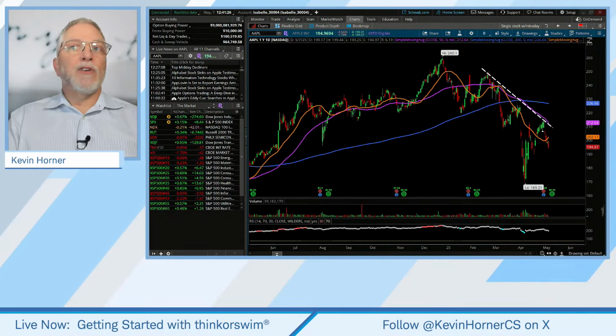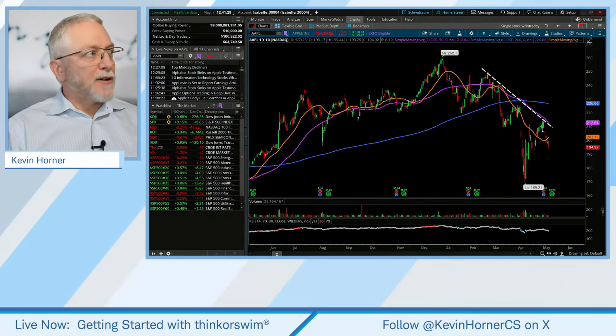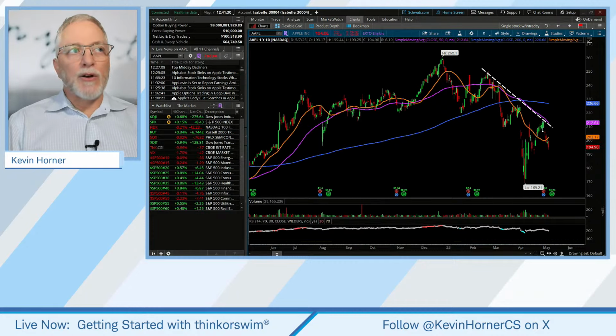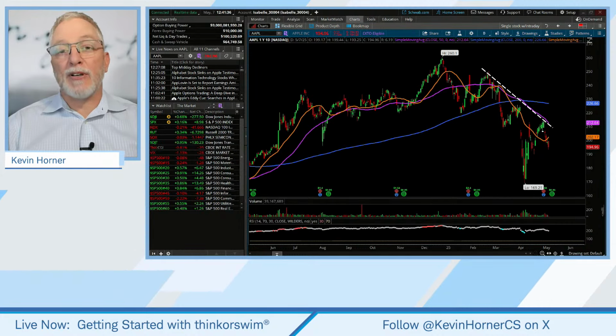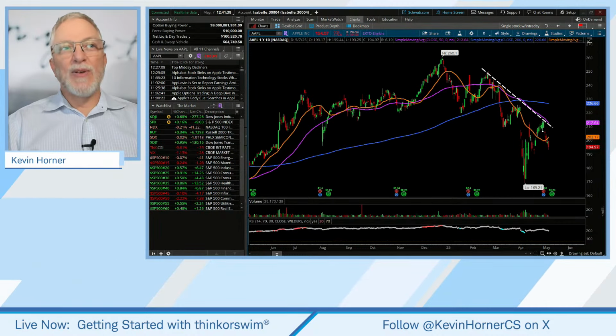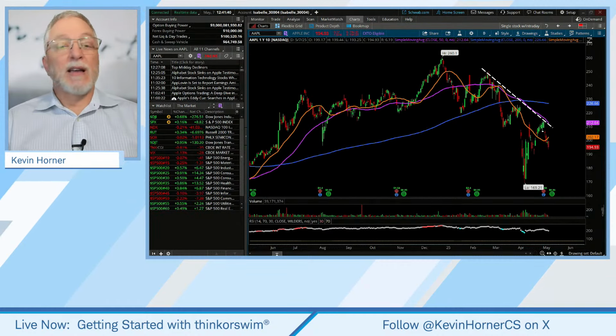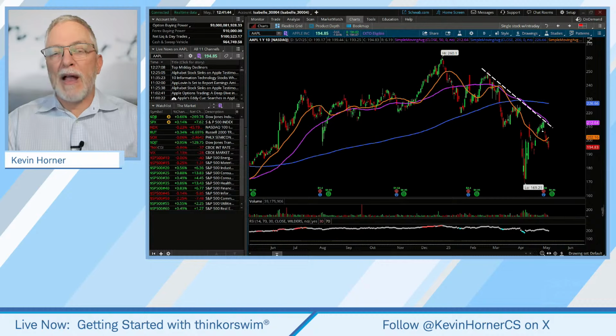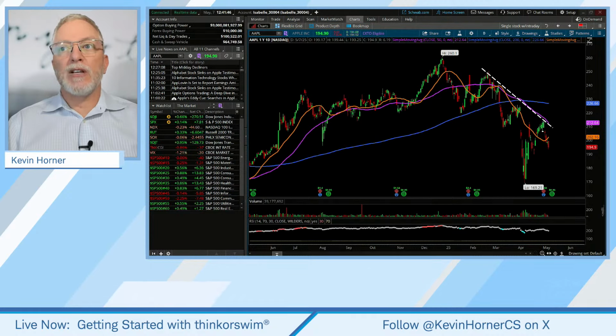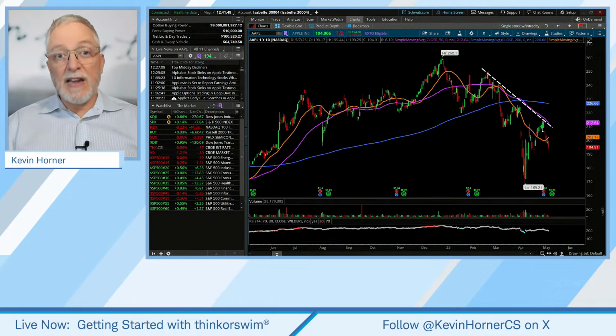I'm a big believer in multiple monitors, particularly as it relates to the Thinkorswim platform. When I get away from my multiple monitor setup and work on my laptop exclusively, it does become a little bit of a challenge because I'm so used to having my platform spread out over multiple monitors. It's really convenient.